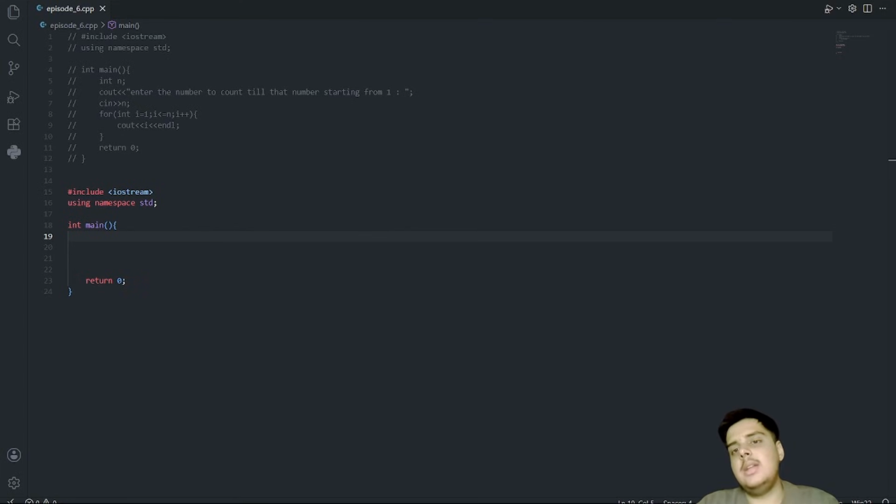The simple answer is that the number is divisible by 2. Whenever we use modulus, it gives the remainder, and when an even number is divided by 2, the remainder is always 0 because it divides totally. So simply we will take number modulus 2. That's the correct way to do it.